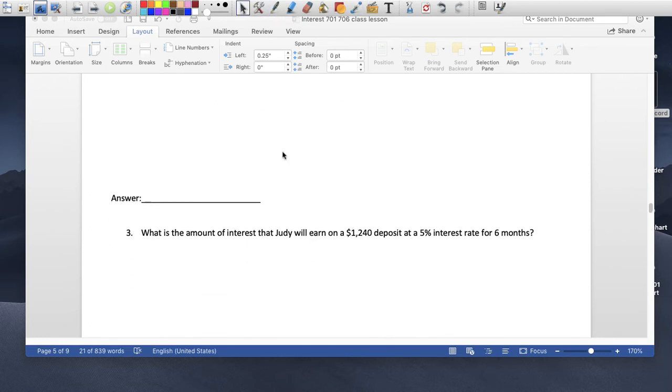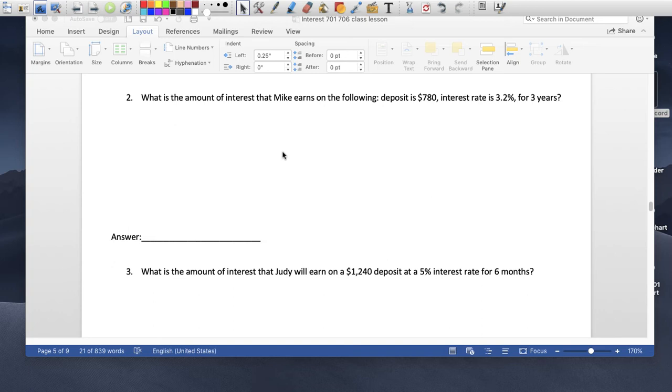Number 2, what is the amount of interest that Mike earns on the following? Deposit $780, interest rate 3.2%, and 3 years. So Mike here is going to put $780 down. The bank is going to give him a 0.032 interest rate, and he's going to leave the money for 3 years. So let's see how much. If he returns to the bank after 3 years, 780 times 0.032 times 3,